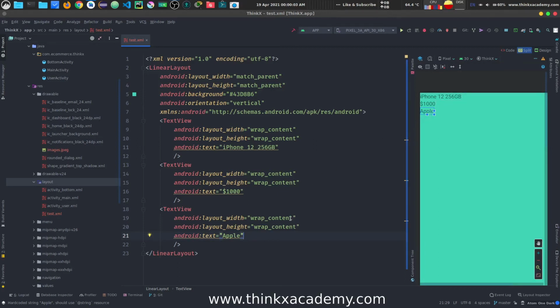So if I change the width of this one to match parent, you can see now this box is actually stretched to the whole width, right, which we do not want here, but in some cases we want that this should go till the end, right?